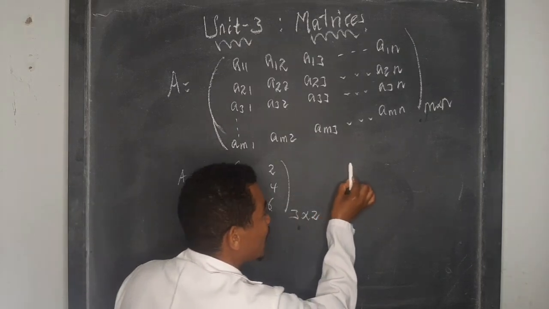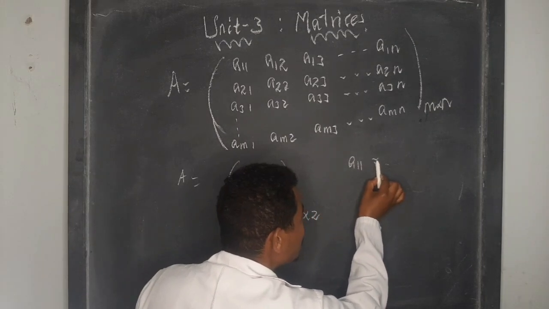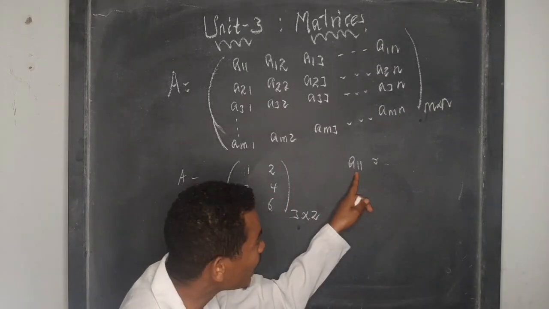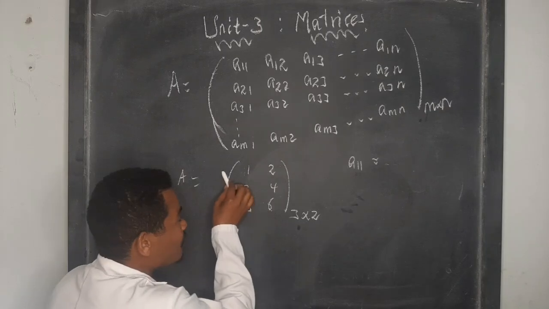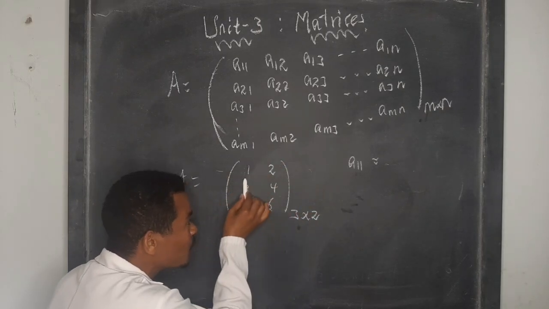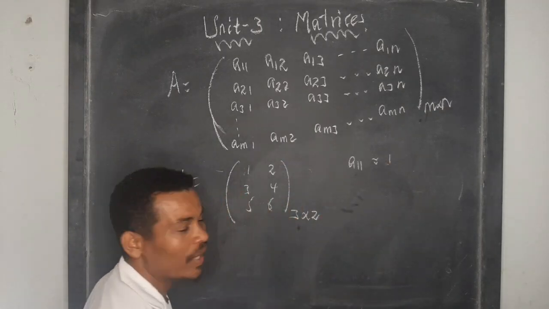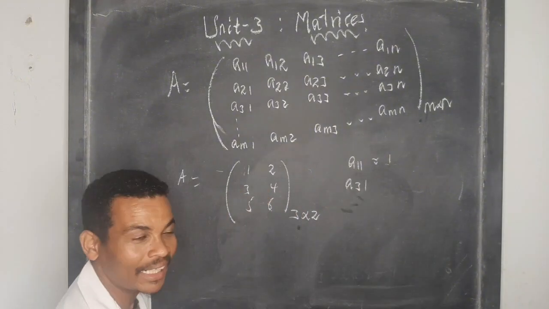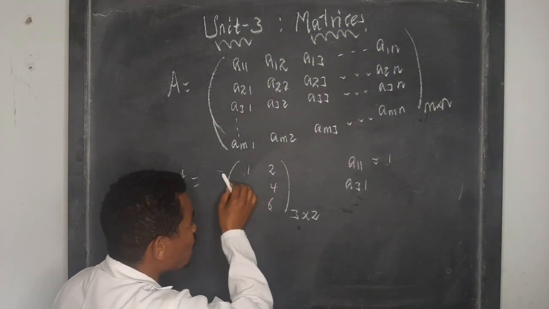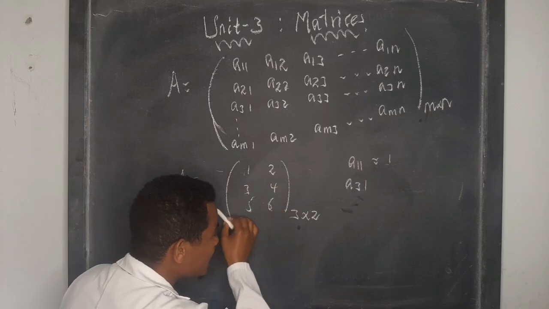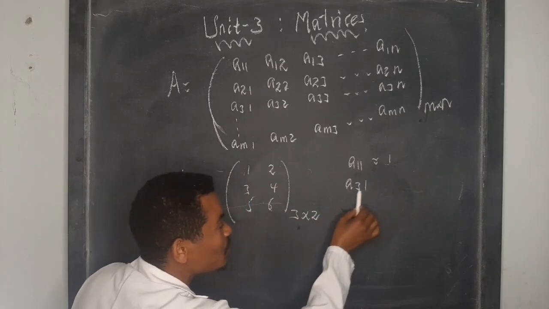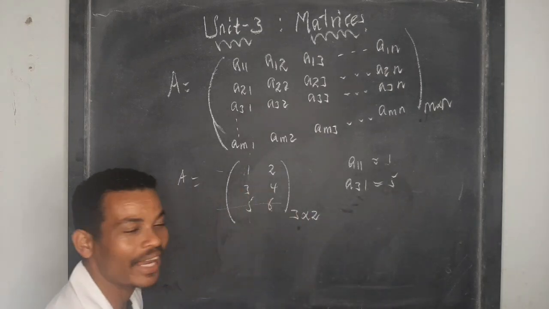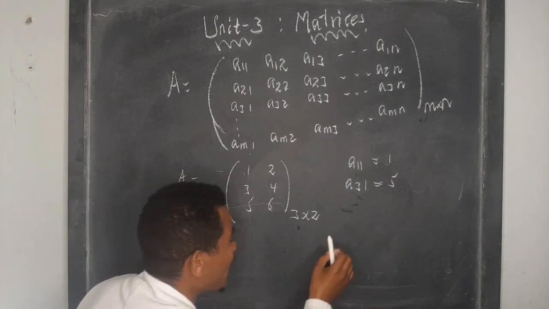Each entry ብንፈልግ, እቺኛዋ A11 ብንባል ለምሳሌ, A11 means the element or the entry that exists on the first row and the first column ማለት ነው። The first row ማለት ይሄ ነው፣ the first column ይሄ ነው፣ it is 1 ይሆናል ማለት ነው። A31 ብንባል, the third row, that is 1, 2, 3, and the first column አለው ይሄ ነው, which is 5 ይሆናል ማለት ነው።